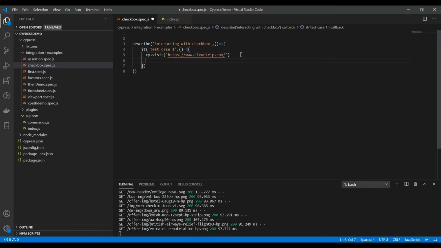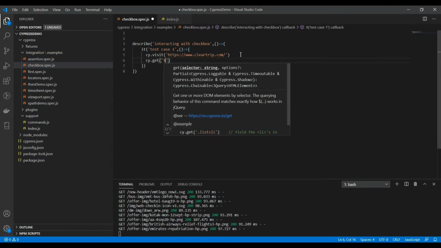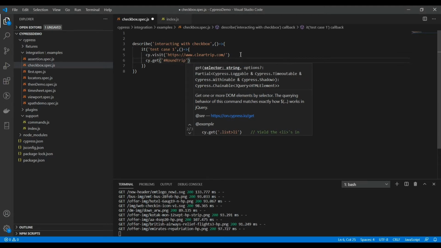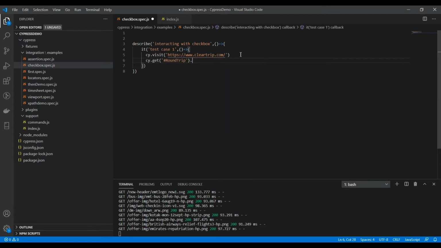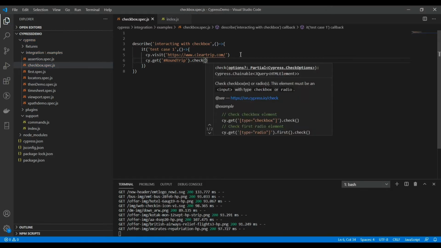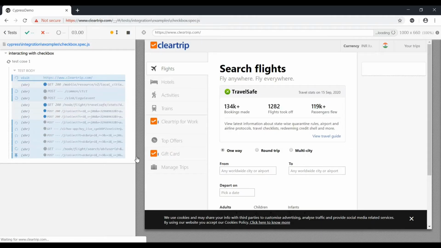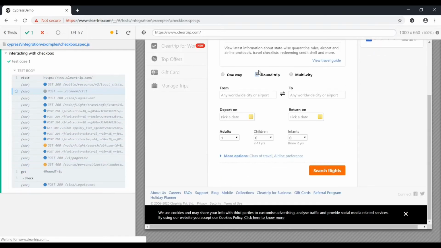So I can quickly write cy.get and provide the ID using the hash symbol, and either you can click on it or you can check it. So I'm using check, and if I run the test case, you can see the round trip radio button is checked.